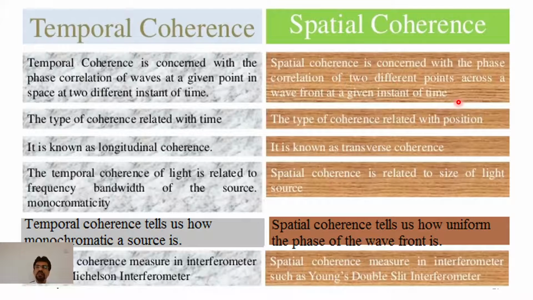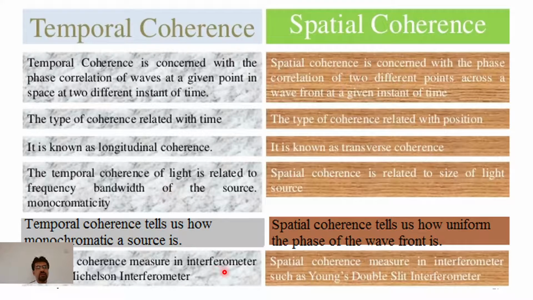Now that means at two different positions, after some interval of time, the wave should remain in the same phase. The second point is that temporal coherence is related to time, while spatial coherence is related to position. The temporal coherence is also known as the longitudinal coherence, while the spatial coherence is known as the transverse